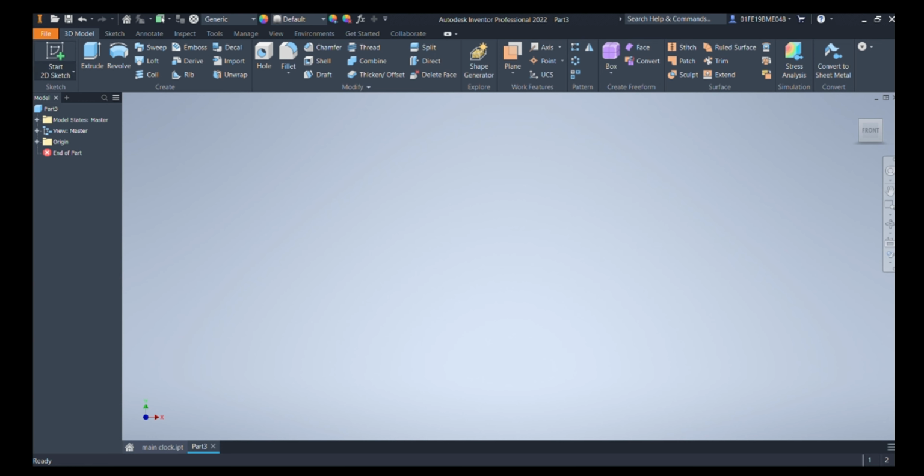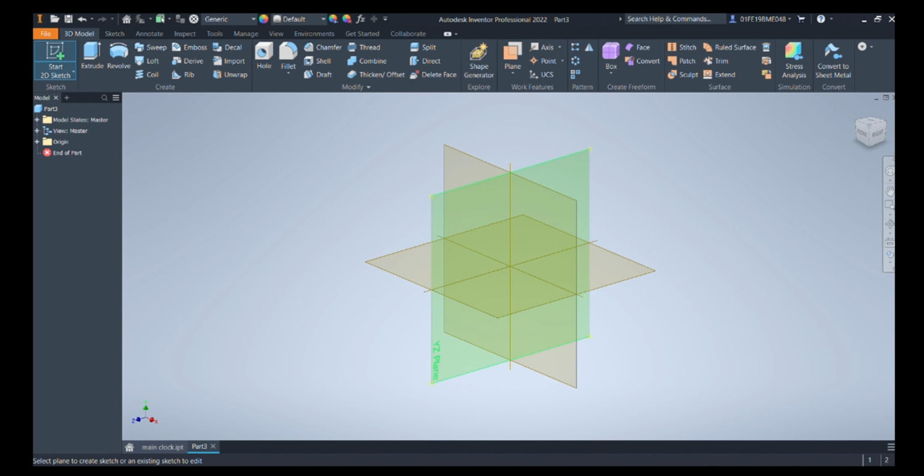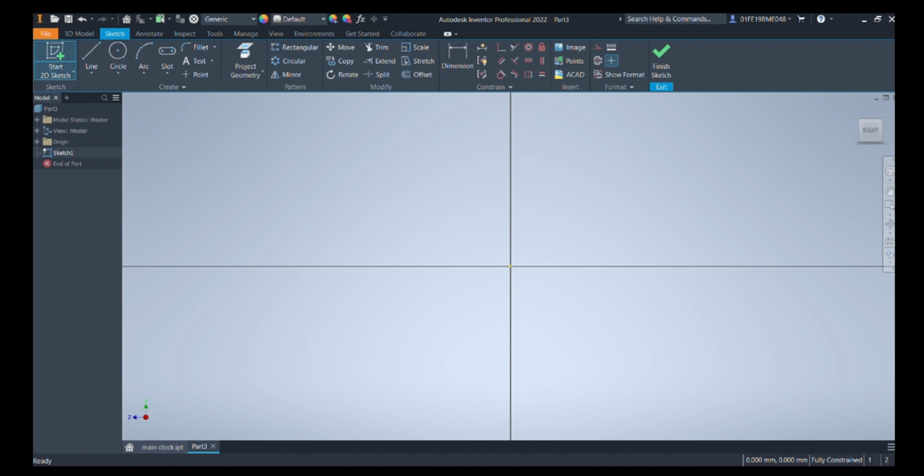Now here we can see that we are making our long hand. So here we will be selecting the option called slot, which will be available at the rectangle command tool.